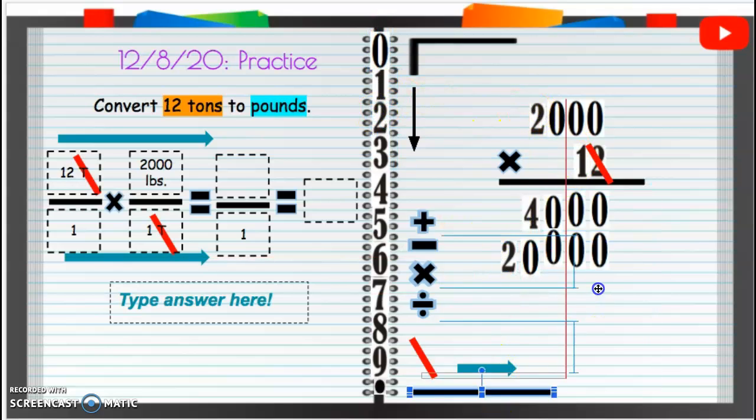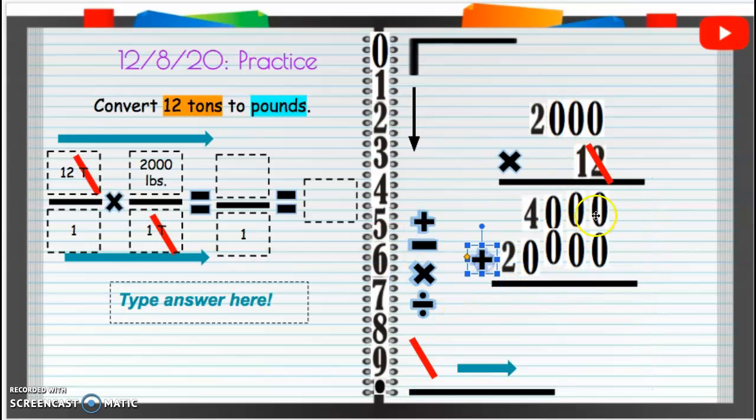2. Alright, we're going to add them up. 0 plus 0 is 0. 0 plus 0 again, 0. 0 plus 0 again, 0. 4 plus 0, thank goodness, it's 4. And then 2 plus 0 is going to be 2. So are there any decimals that we need? Nope. So our answer is